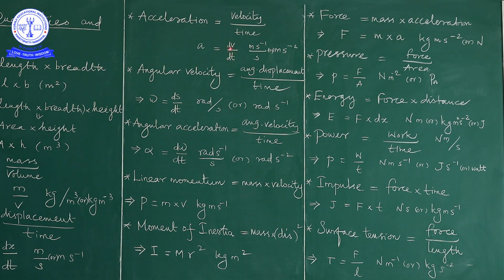The unit of velocity is meter second inverse and the unit of time is second. It is also in fractional form. While writing the product form, the second term present in the denominator is transferred to the numerator, so it becomes second inverse, and we write meter second power minus 2. So next is the angular velocity.